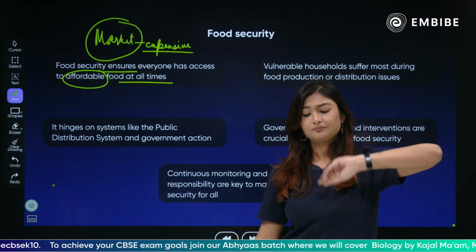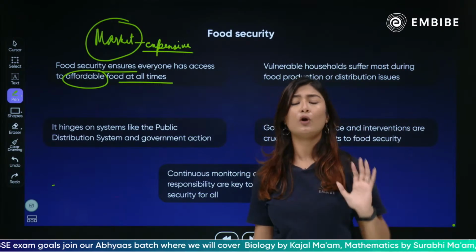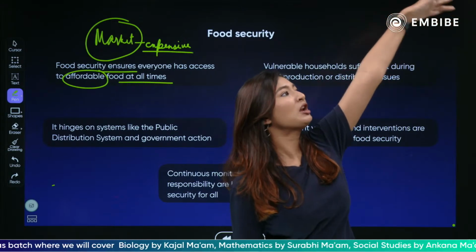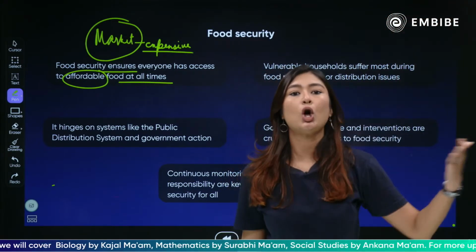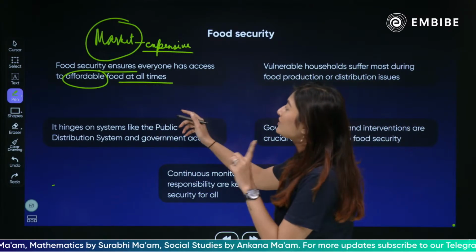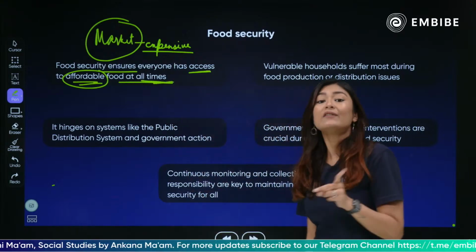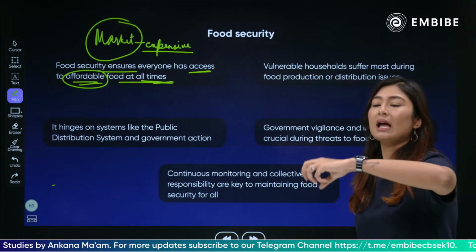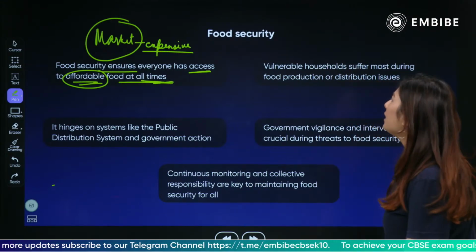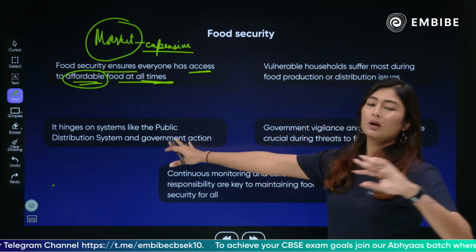अब again, let's say the food is being sold at an affordable rate. ठीक है, ऐसे रेट में मिल रहा है कि बहुत affordable है. But then again what happens? It is being sold maybe in a village, maybe in the forest where I cannot go. It's not accessible for me. Then what is the use? So all of these factors, all of these words are key terms. Accessible, affordable, all times, whenever needed. Today I find it, and then for the next 3 months I don't find the food. After 3 months I'll find the food. I'll die in 3 months, right? Now it hinges on the system like, okay, we'll come to this next.